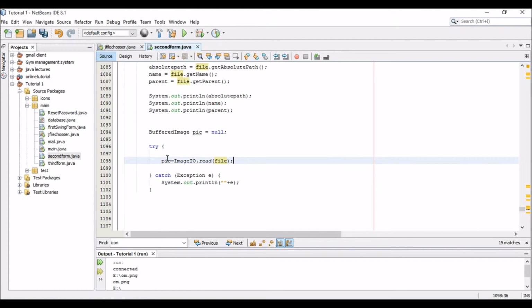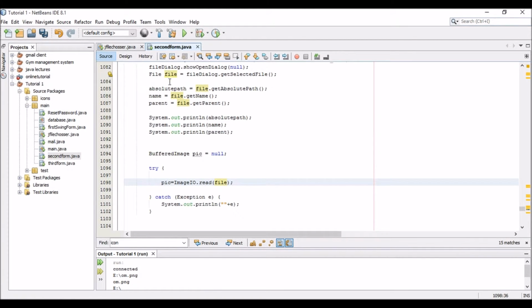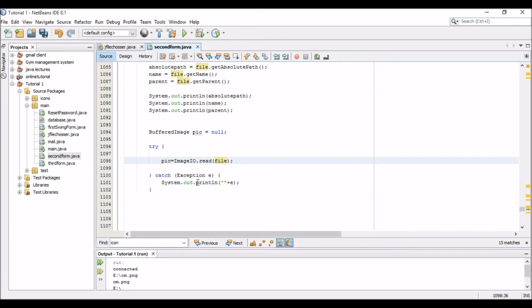It automatically checks a file here, dot read file,